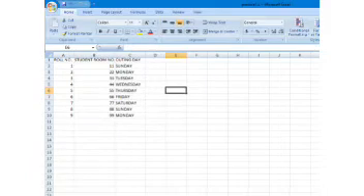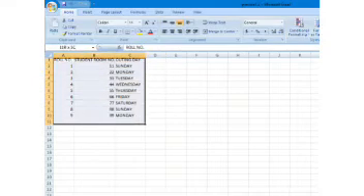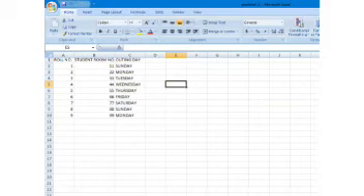Now next, what else we can do? We can insert a dark border in our data. For inserting a proper table, you can see here there is a light line. When we create a table, we can make a dark line for representing our data, enhancing the informative part of our data.